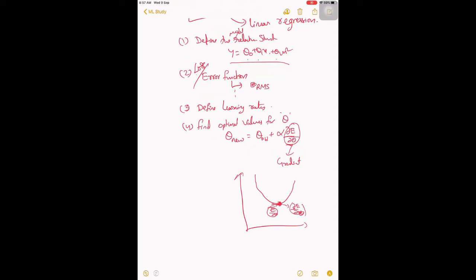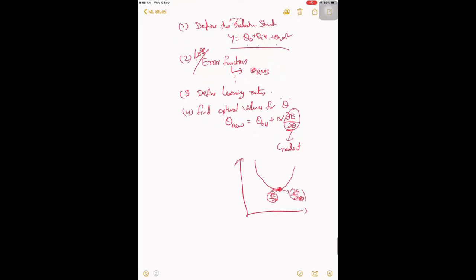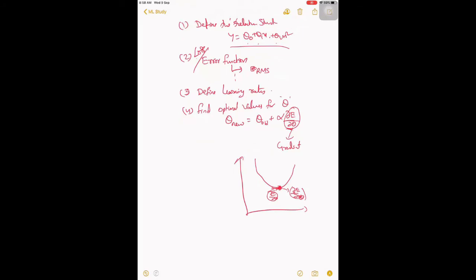In that case, we are making your gradient value go from a higher to a lower value. So this is called the gradient descent algorithm.